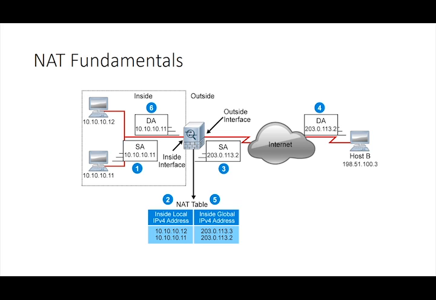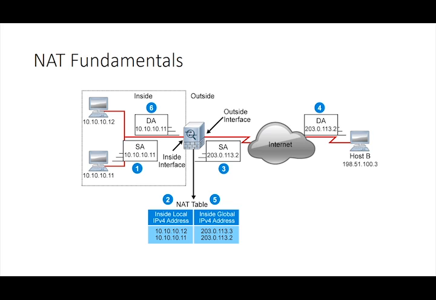This figure illustrates an ASA that is translating the source address as the packet is forwarded from the inside to the outside and reversing that translation on the reply that returns. The steps that are taken are as follows. Host 10.10.10.11 sends a packet to host B. The ASA receives the packet and checks its NAT table. It finds an entry to translate 10.10.10.11 to